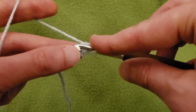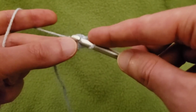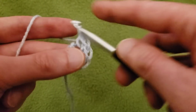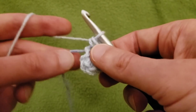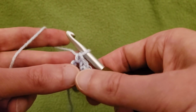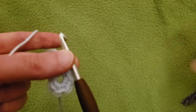So 1, 2, 3, 4, and 5. And of course, yes, you can cinch this up later, so in your end, no problem. Then for row 2,